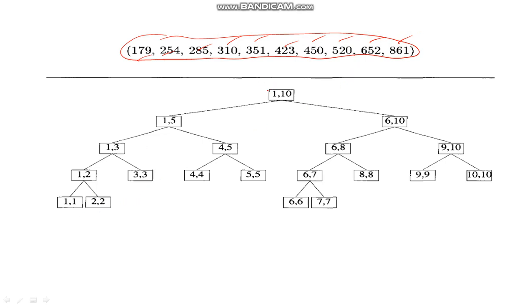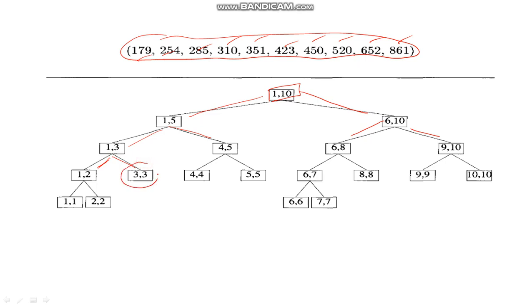But whenever the input array is given, in that case an array of size 10 will be divided into two halves. One is 5 and another is 5. So 1 to 5 and 6 to 10. Then 1 to 5 is divided into 1 to 3 and 4 to 5. Similarly 6 to 10 is divided into 6 to 8 and 9 to 10. Similarly here 1 to 3 is divided into 1 to 2, 3 to 3.